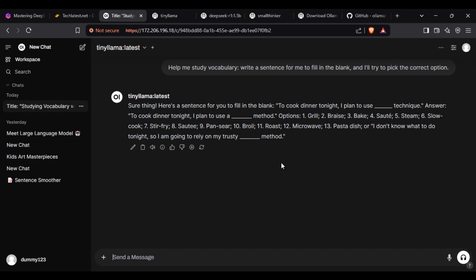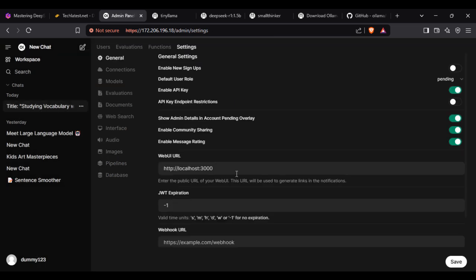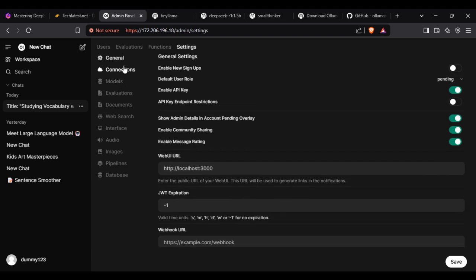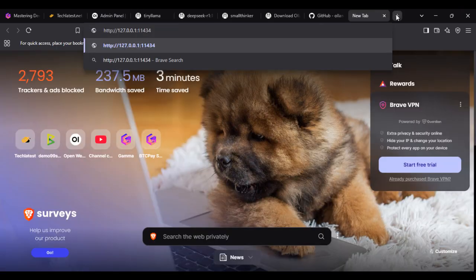My Open-WebUI interface is already running, and I already explained Open-WebUI in our previous lecture. If you click on this profile section, click on settings, and then click on admin settings, here you can see a lot of things like the WebUI URL and other things. Next, if I click on the connections button, here you can see manage Ollama API connections. This is basically the port where the Ollama API is running. If I copy this port and hit enter,